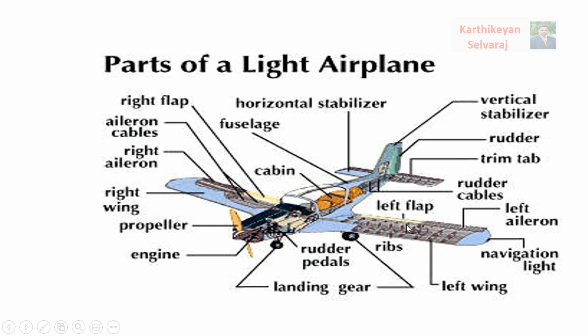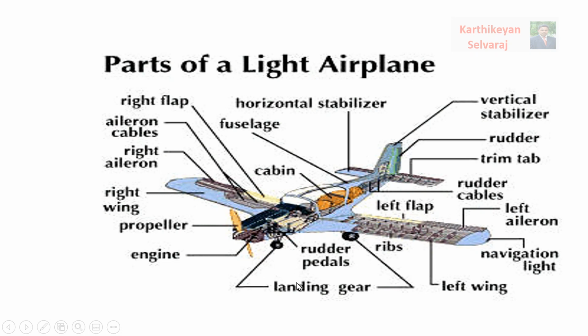This video is only about the general parts of the aircraft, so we don't want to go deeply into the construction details of the wing section or the fuselage. Just for an idea I am giving this picture. Similarly, the left side flap is called the left flap, and the right side flap is called the right flap, so it is named depending upon location. Then, for controlling the rudder we use the rudder pedal. In the further slides you will come to know how to activate all the control surfaces and their mechanism. The further slides we are going to discuss.